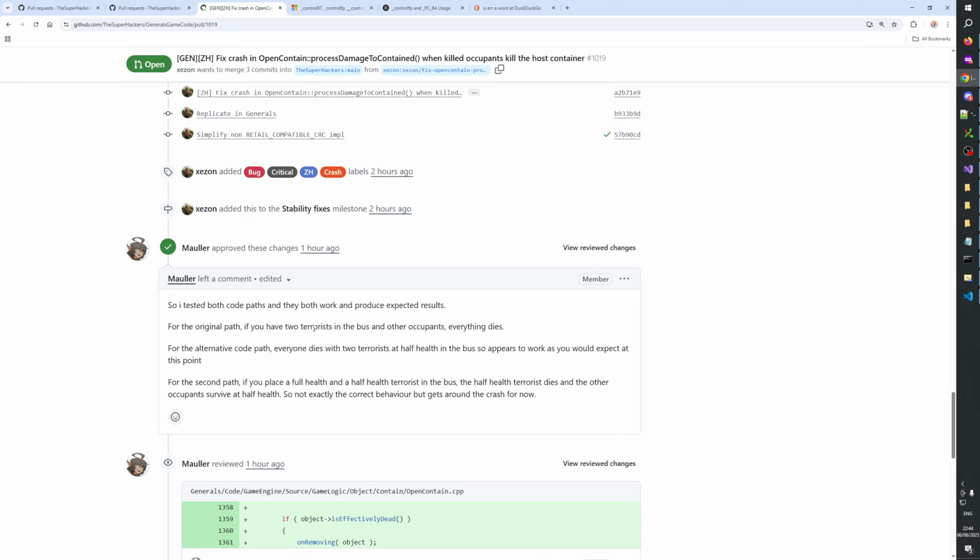For the second pass, if you place a full health and a half health, the half health dies and the other occupants survive at half health. So not exactly the correct behavior, but gets around the crash. For the second pass, if you place a full health and a half health, occupants survive at half health. For the original path,